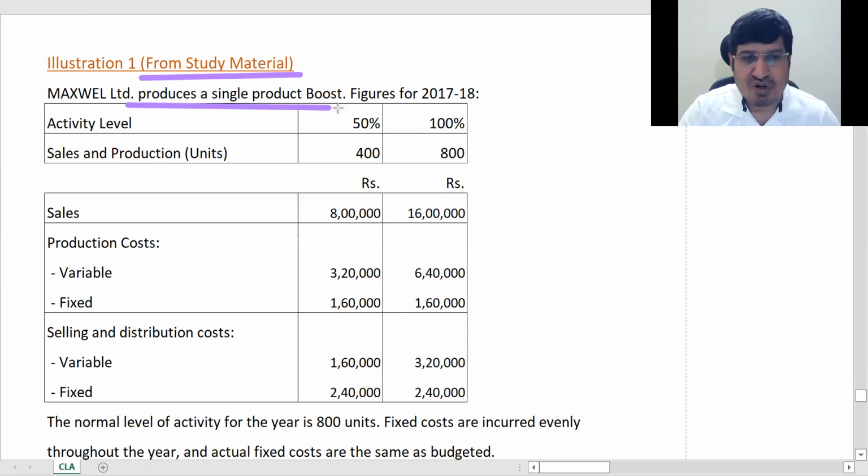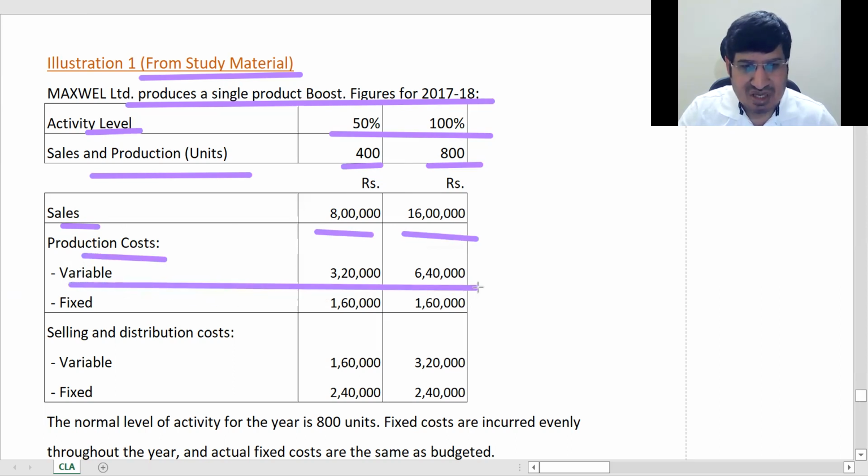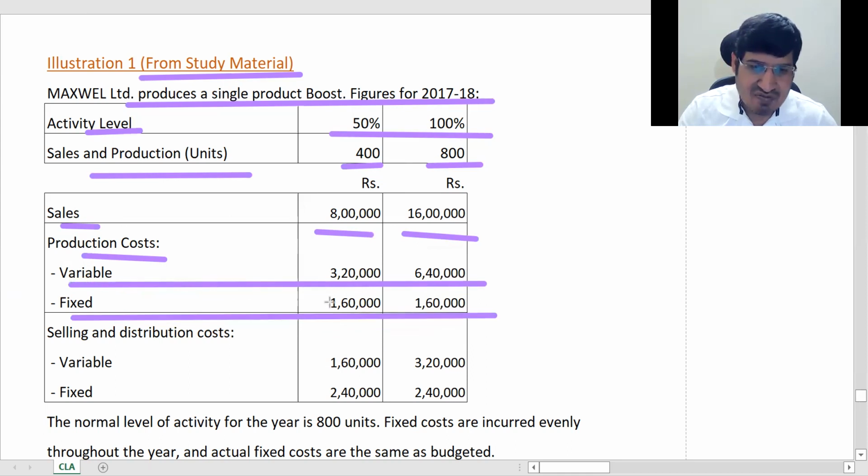सो दिस कंपनी प्रोड्यूसेस अ सिंगल प्रोडक्ट फॉर दिस ईयर. Activity level is sales level. This 50%, this is 100%. Sales and production units यहाँ पे 400, 800. Okay, this is, let us say this is half year, this is full year. Okay, so यहाँ पे now they have given sales half year is this much, then production cost is variable इतना है, और fixed is इतना, यानी first half fixed